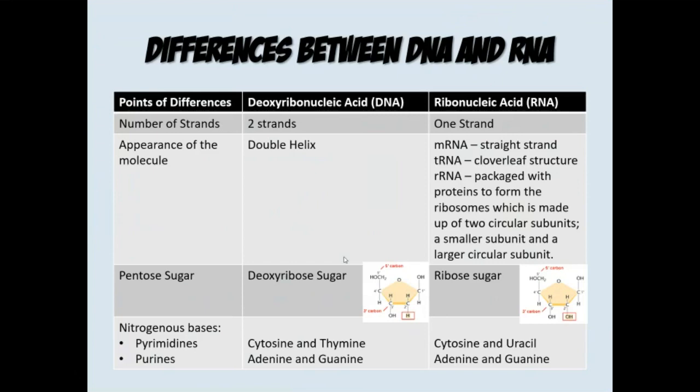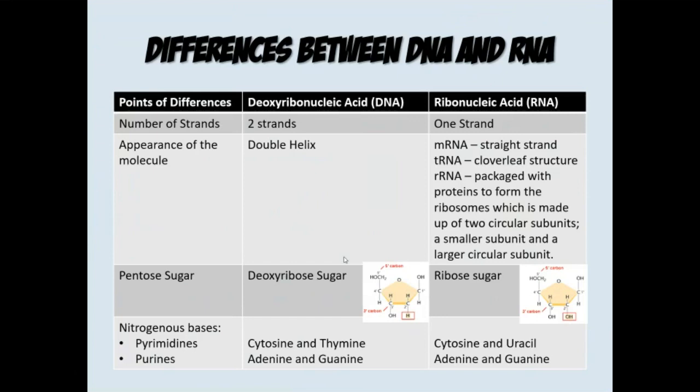And then sa appearance of the molecule, sa DNA there are double helix, and then sa ribonucleic acid, maraming mga appearances ito, just like yung mRNA, ito yung straight strand. Yung tRNA or transfer ribonucleic acid is just like a clover leaf structure, and then yung ribosomal RNA, it is packaged with proteins to form the ribosomes, which is made up of 2 circular subunits, a smaller subunit and